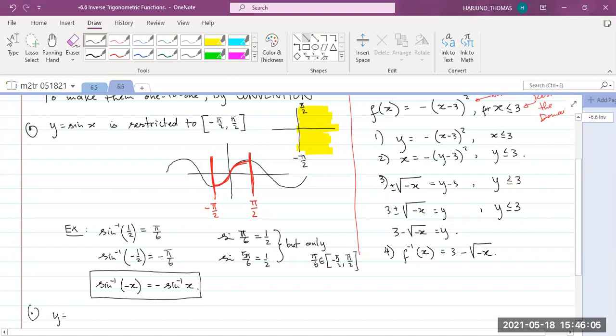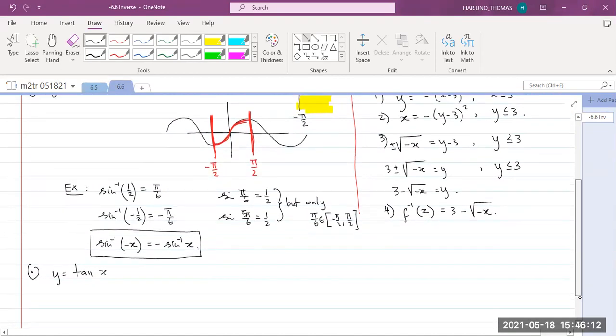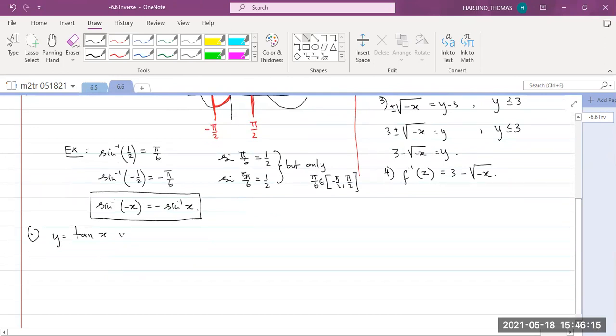Y equals tangent x is not one-to-one, but it is restricted to negative pi over 2 to pi over 2 also, to take advantage of the fact that tangent is an odd function. So if you take a look at the graph of tangent,